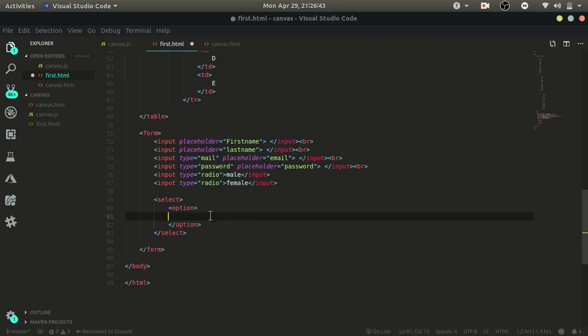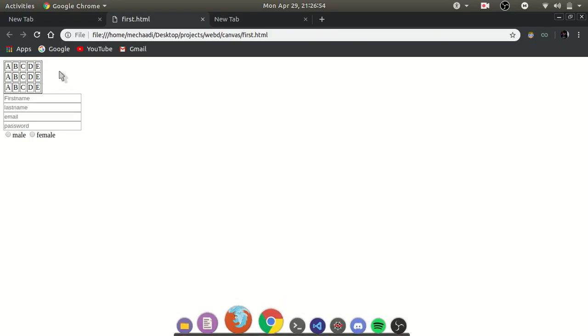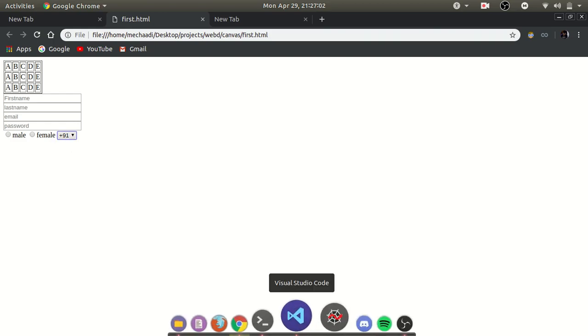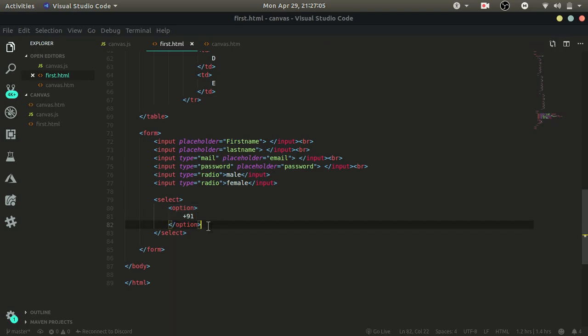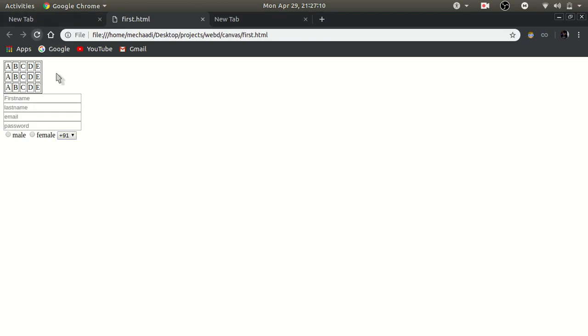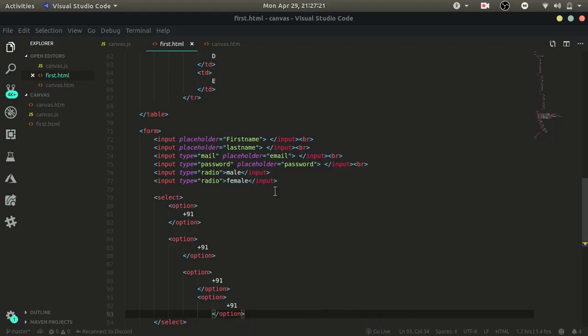And in each option tag you're going to give some value to it. So we have only one option here. I'm going to copy paste this for some more. Okay, now we have this cool drop down made from scratch using HTML, and we need this in the next line, so